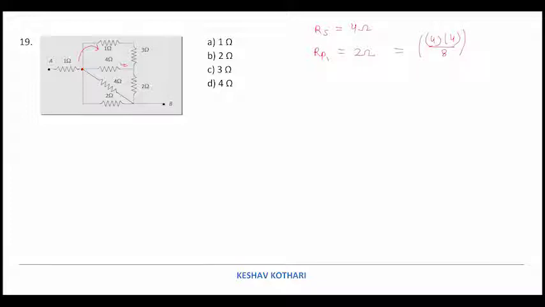Now this 2 ohm and this 2 ohm will give us 4 ohm. This 4 and 4 will again give us 2. This 2 and 2 will again give us 4, and 4 plus 1 will make it